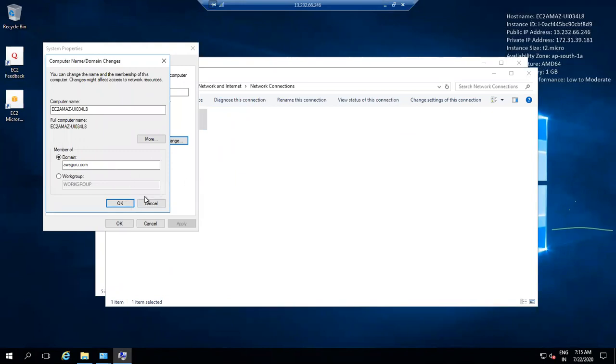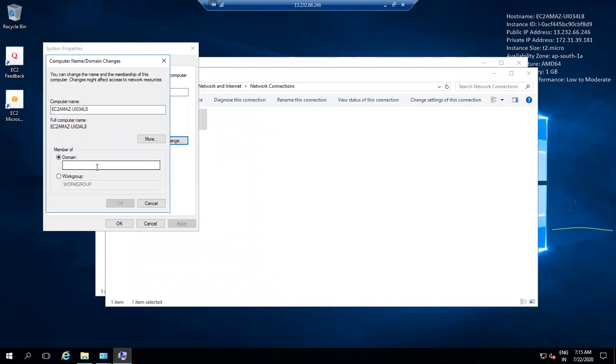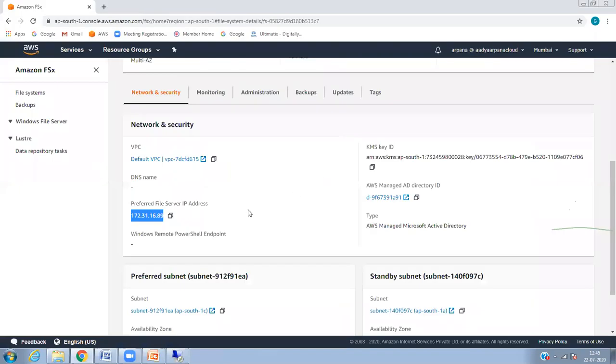But usually refresh it. Let's see. Basically, the preferred file server IP. This is what. Okay.